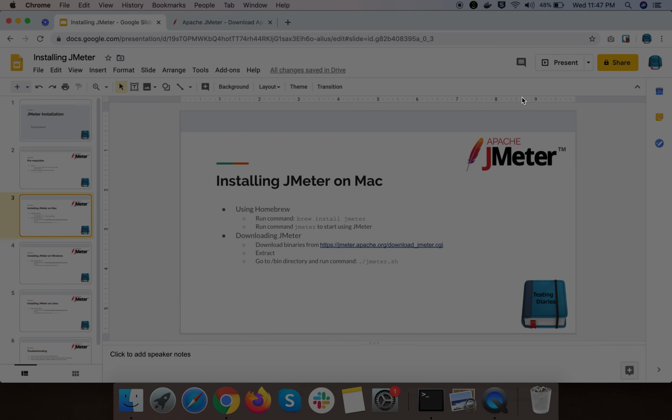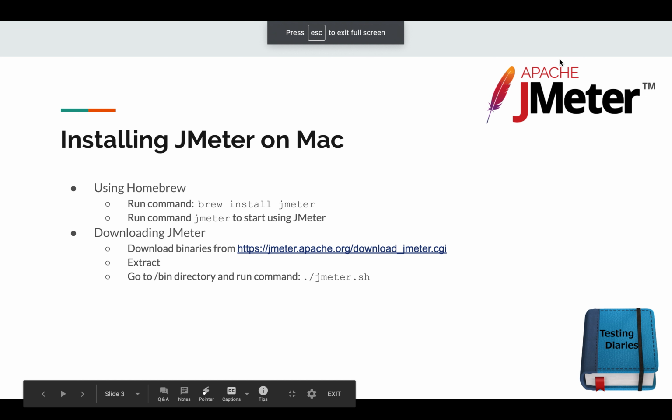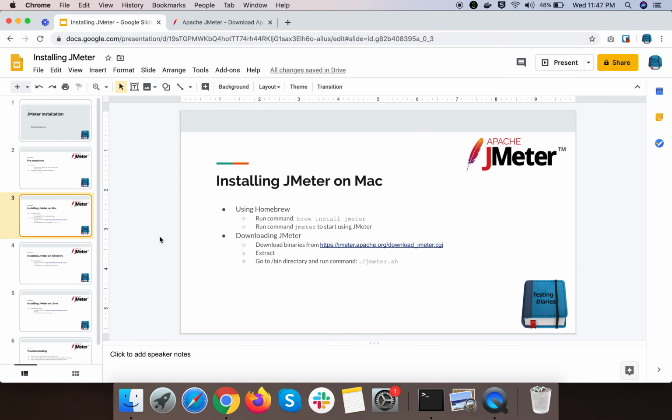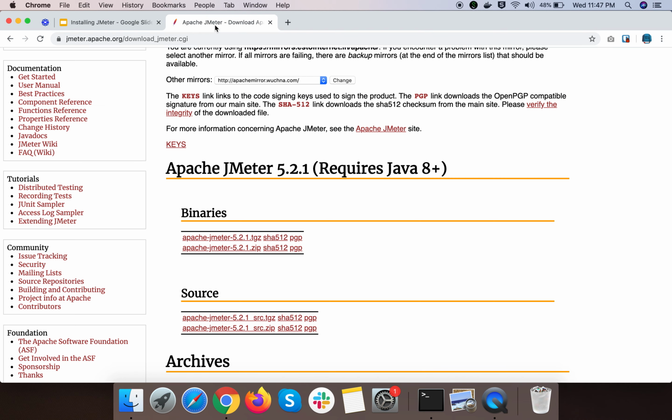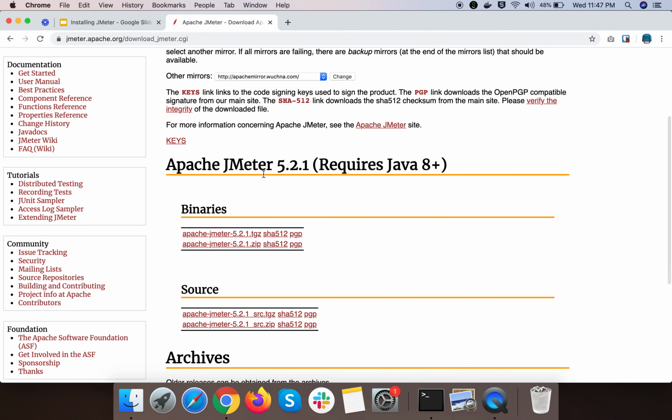Another method as well: we can download the JMeter setup file from the site. This is the site that I have opened. In that we have two sections, the binary section and the source section. If you want to contribute to the JMeter project, you will have to download the JMeter source.